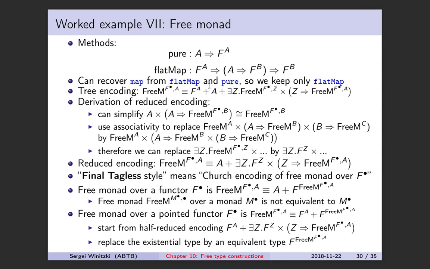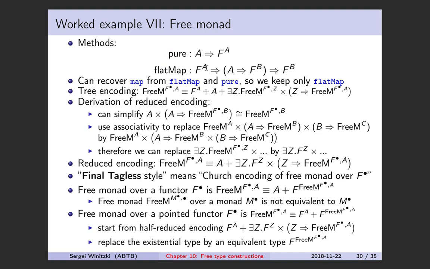Consider now free monad. A monad has two methods, pure and flatMap. The map method can be recovered. And in this way, we formulate the inductive type class. Now, just a comment. We have seen in previous chapters that type classes can be formulated in different ways. You can, for example, formulate a monad as having methods pure and flatMap, or you can do flatten instead of flatMap. But flatten does not have